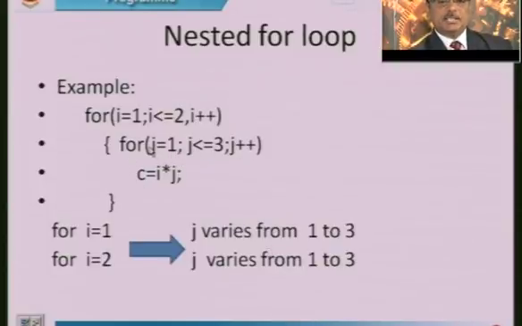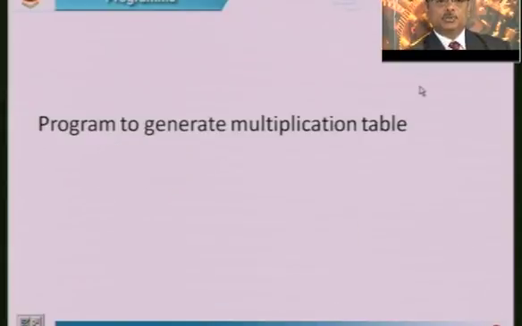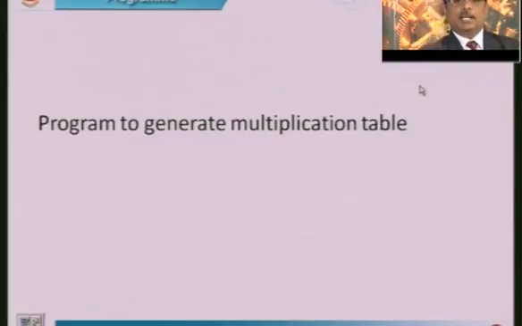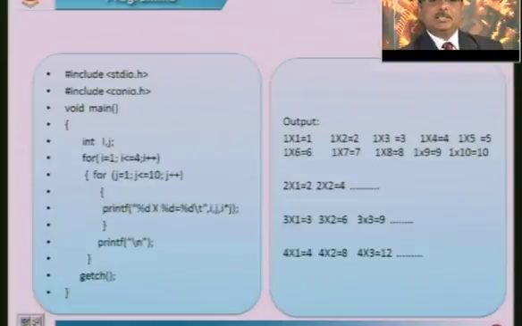This is how the nesting of a loop, or one for loop inside another for loop, can be used. It can be used to generate a multiplication table, which you are familiar with. So, 1 into 1 equal to 1, 1 into 2 equal to 2, up to 1 into 10, 10. This statement you want to generate for 1s, for 2, for 3, 4, like that you want to generate a table. In order to generate this table, you can use the nesting of the for loop.